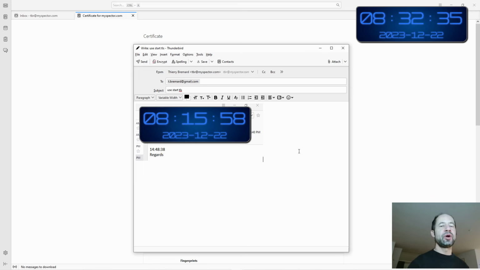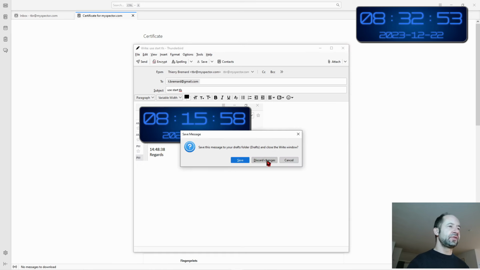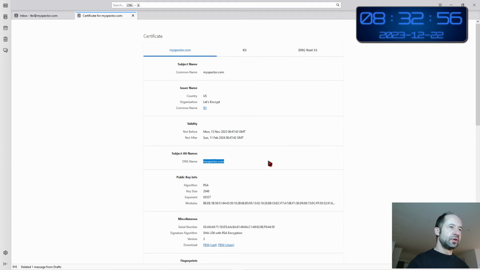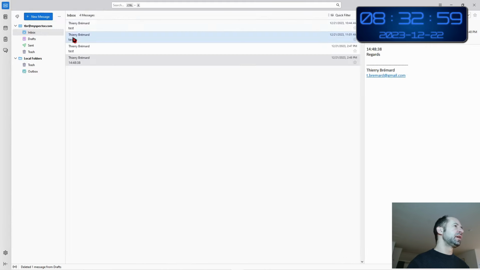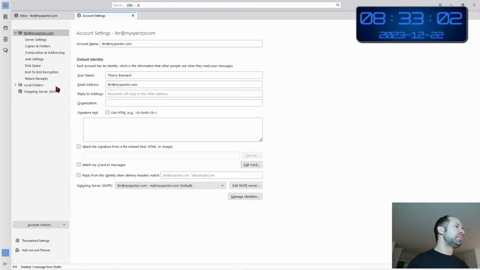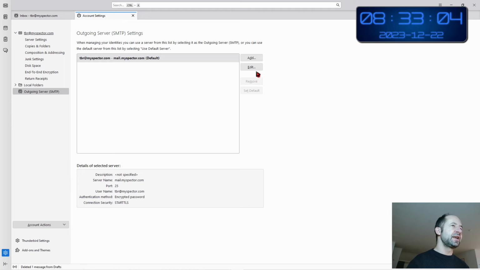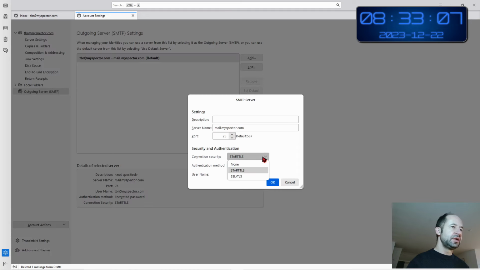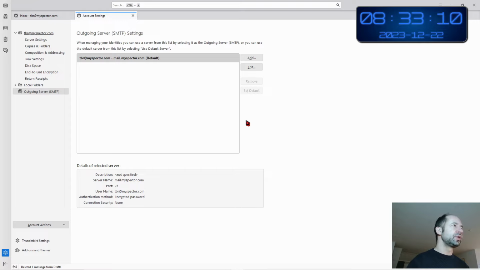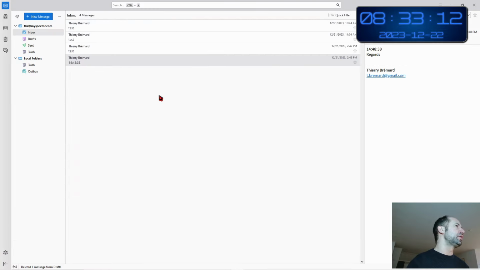But you might have a problem with the certificate due to the prefix mail, which is not in fact inside the host name, because the host name is the full thing, mail.myspector.com. And here I have configured this certificate only to have myspector.com in the name. So let's roll back this. I will come back to my settings and say that my SMTP will be without any encryption, because I know I am not a bank, so I can afford it.